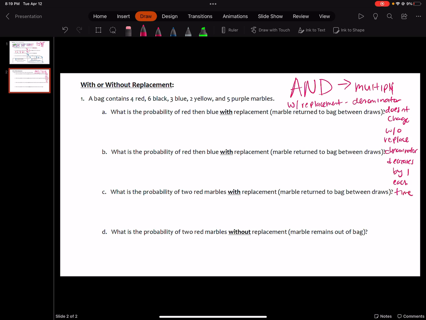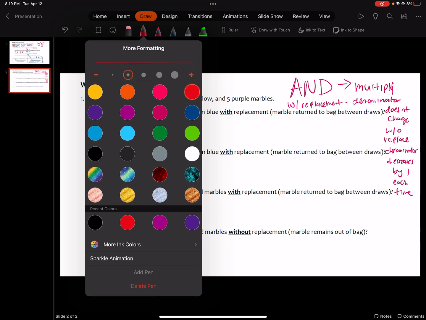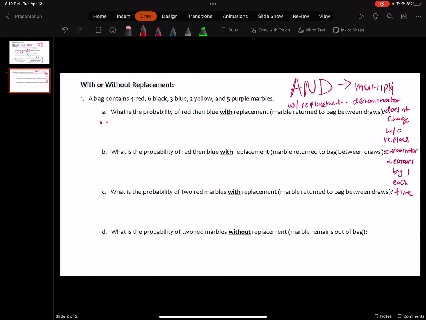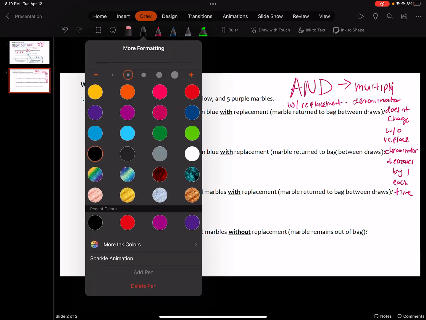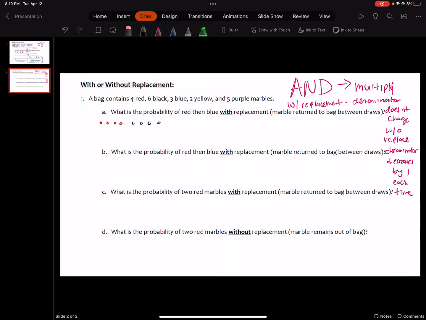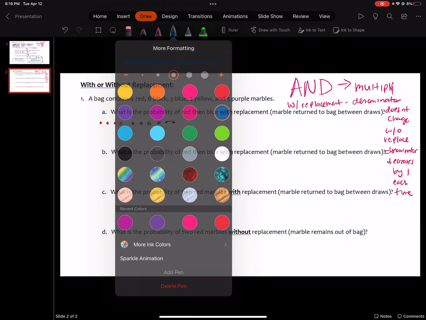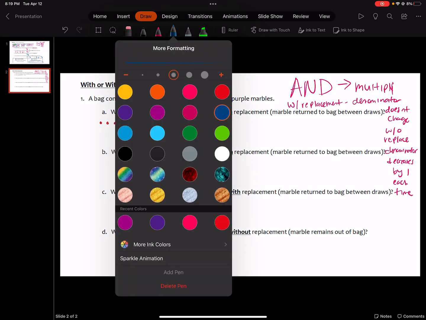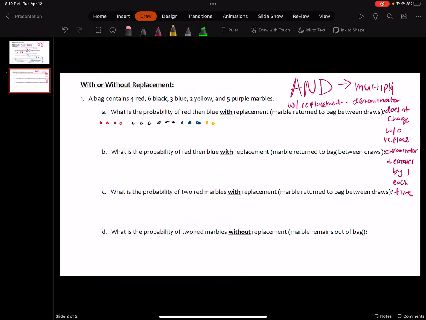So here we have a situation, a bag contains 4 red marbles. I'm just going to draw these out for us. So we have 4 red marbles. We have 6 black marbles. We have 3 blues, 2 yellows, and 5 purples. Okay, so the first thing we need to do is find the total. So 4 plus 6 is 10, 3 plus 2 is 5, so 10 plus 5 is 15, plus 5